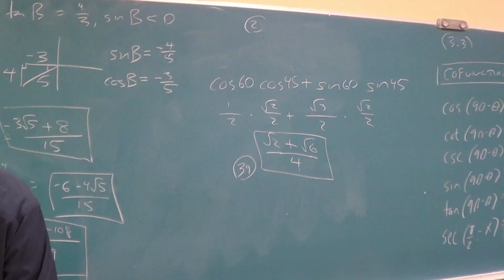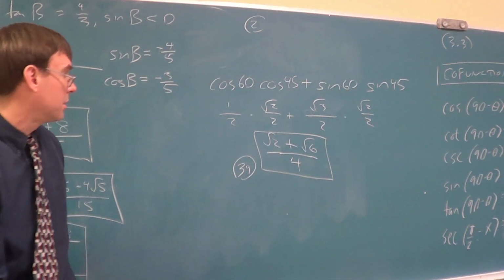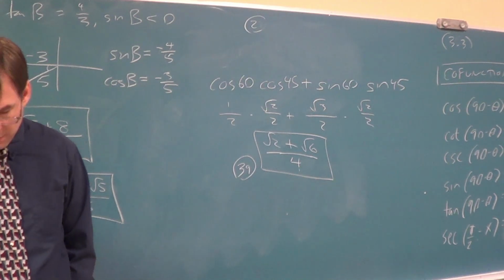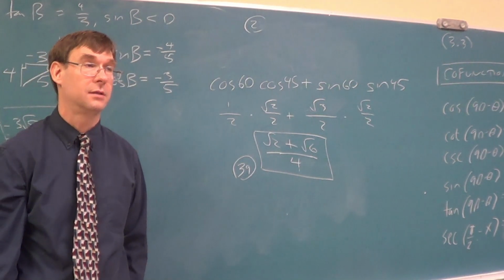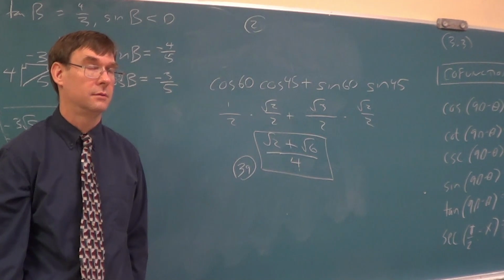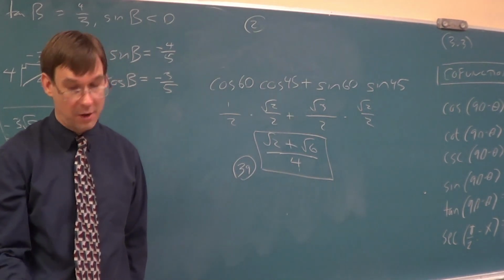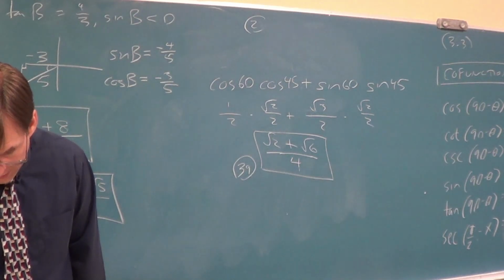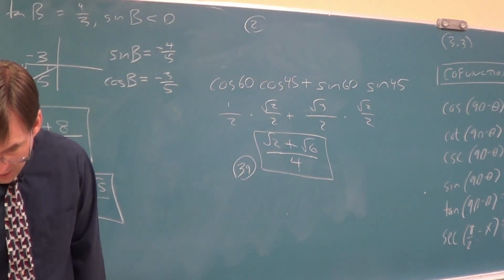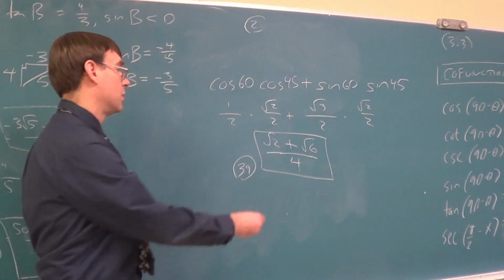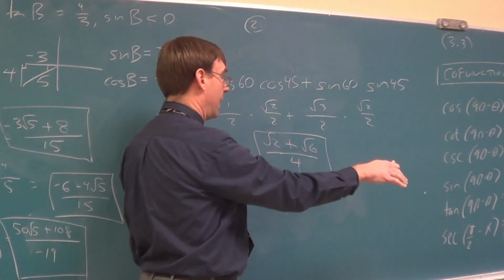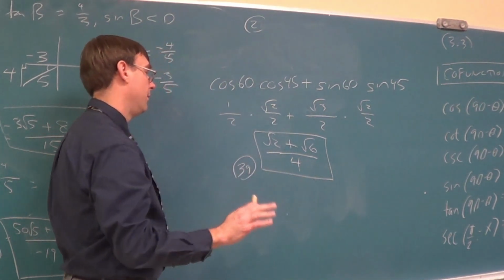Question about 27 to 38? Okay. Then 39, they say find a decimal approximation. So here's 39, free of charge. Decimal approximation usually makes you kind of happy. That means turn your calculator on. They say find this decimal approximation 2 ways. A, evaluate the answers that you just got. So if you grab your calculator and you punch in root 2 plus root 6, hit enter, divide by 4, hit enter,